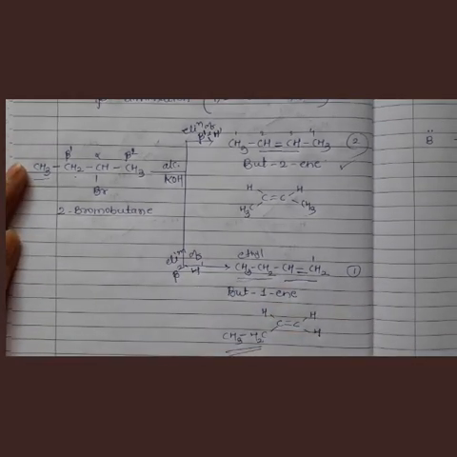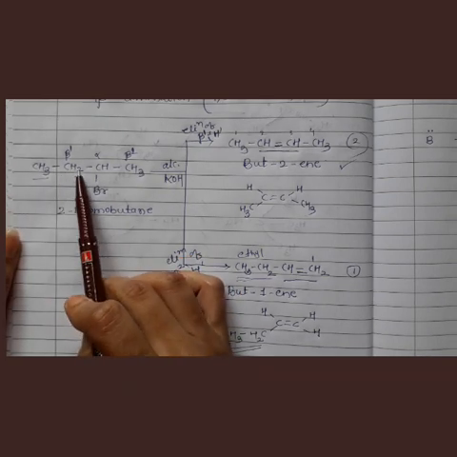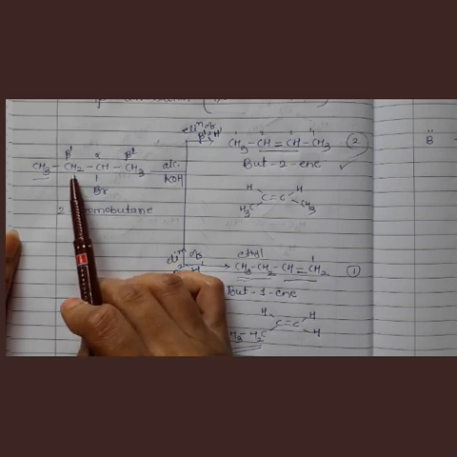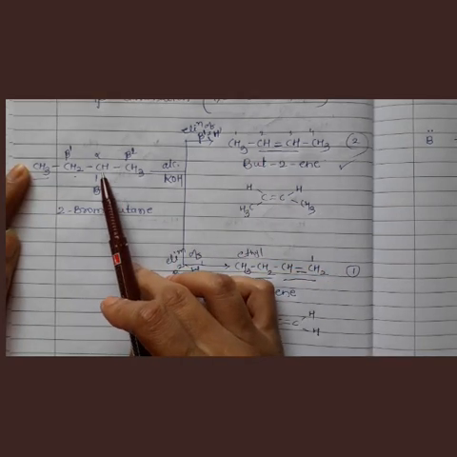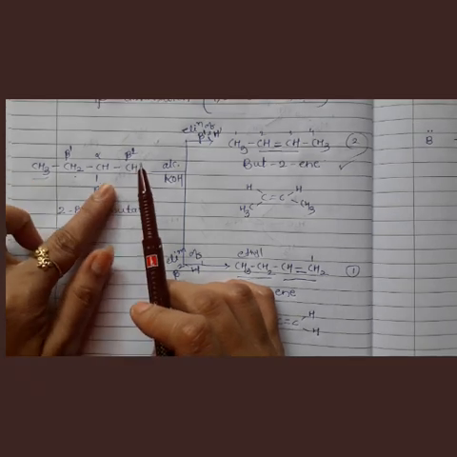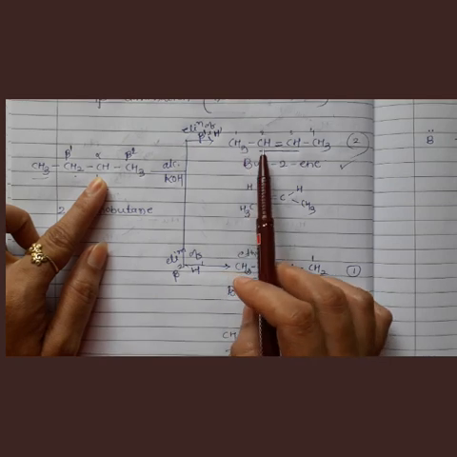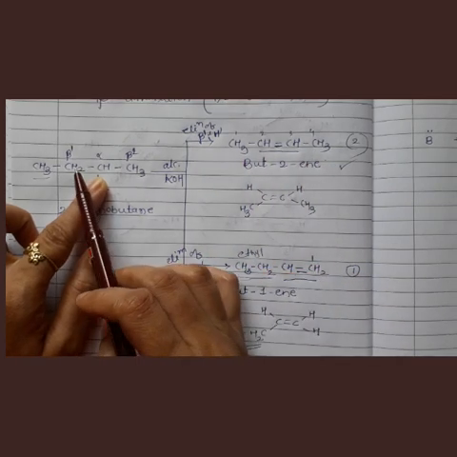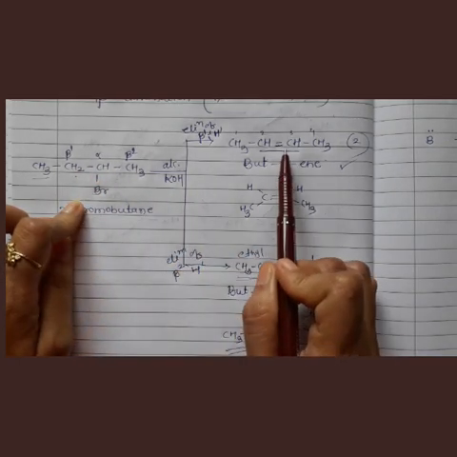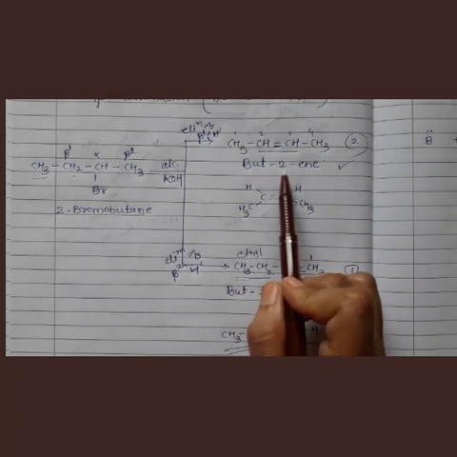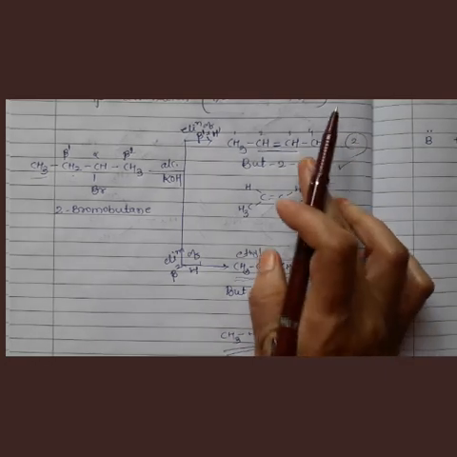See first how elimination will take place. From this carbon atom, one hydrogen will be eliminated. So it will become CH instead of CH2. So CH3, CH. From this carbon atom, bromine will get eliminated. So bromine has gone too. So CH3, CH, CH, CH3 will be there. Now here hydrogen has gone and from this carbon atom bromine has gone, so in between these two carbon atoms a double bond will form. And this is but-2-ene because on the second position double bond is there. That's why 2-ene. Understand? So this is one product.